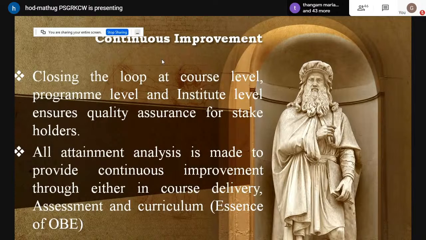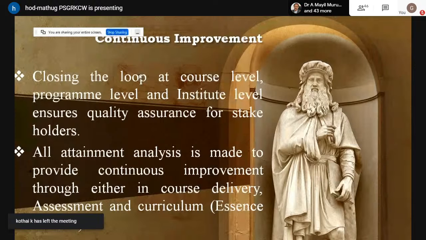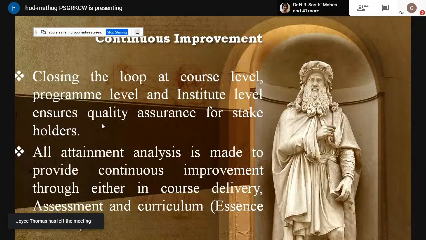So, continuous improvement can be achieved by closing the loop at course level, program level, and institution level. It ensures quality assurance for all the stakeholders. So all attainment analysis is made to provide continuous improvement, either in post delivery or